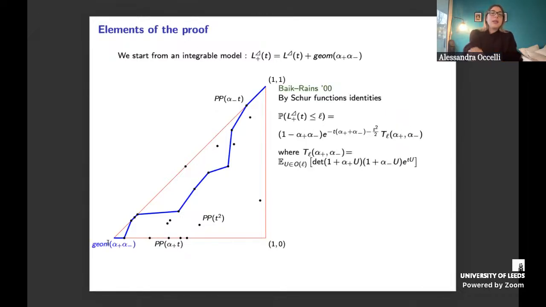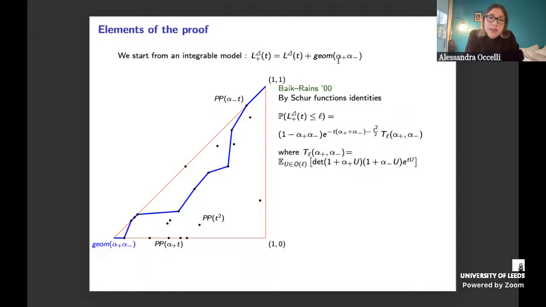Going back to the integrable model, we start from this model because it was proved by Baik-Rains, in the context of longest increasing subsequences, actually in the context of geometric LPP, that by RSK correspondence and Schur function identities, you can express the distribution of the last passage time for this model, for L plus,